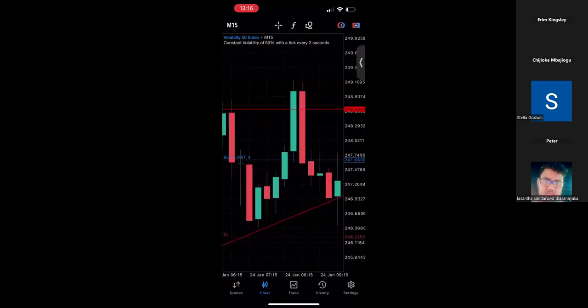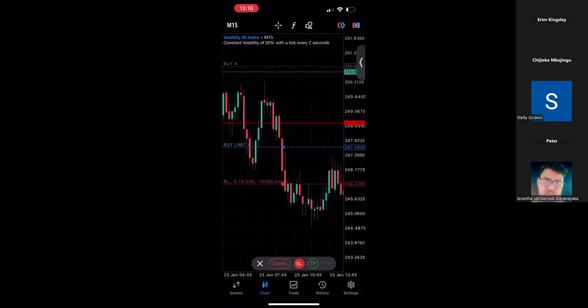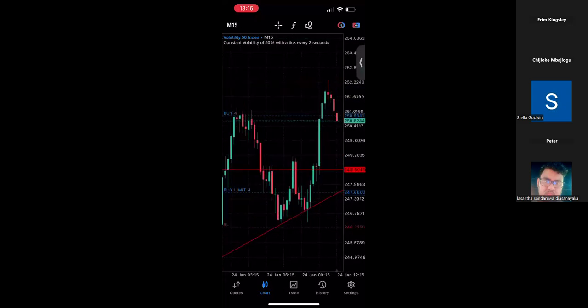Anytime you want to know how much you have to lose in a trade, after you've placed a trade and put a stop loss, just touch the red line. You see, the line will show you $5.74. That's your stop loss amount. So you already know what you are going to lose.